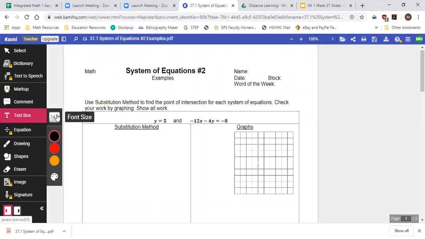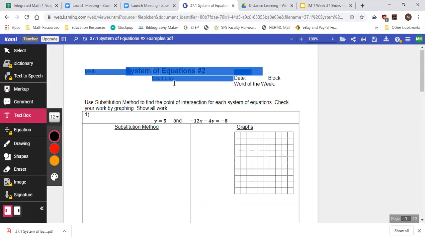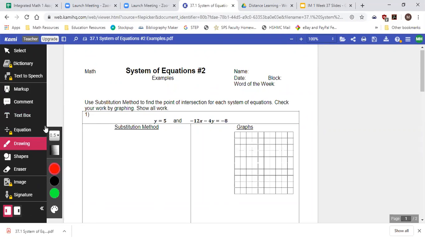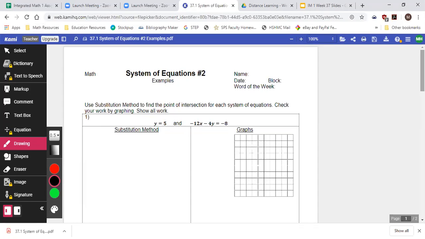One of the reasons why we want to learn a different method besides graphing and tables is the fact that sometimes graphing can be an issue because you can't see exactly where the points intersect. So we're going to try another method called the substitution method, which all involves algebra. I'm going to write the 3 steps at the very top of the page so that you can see what they are. So step 1,